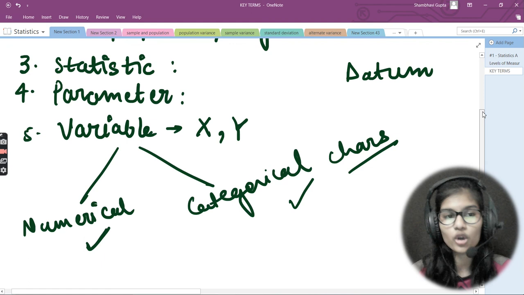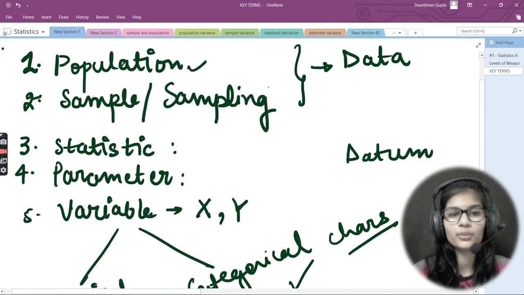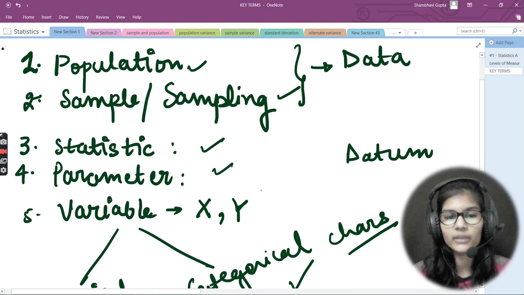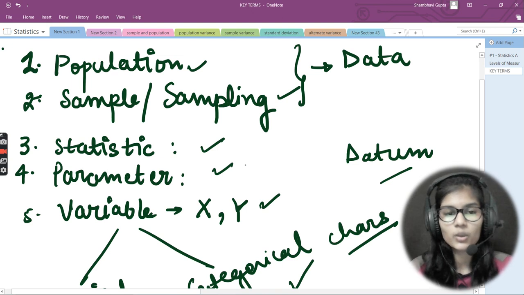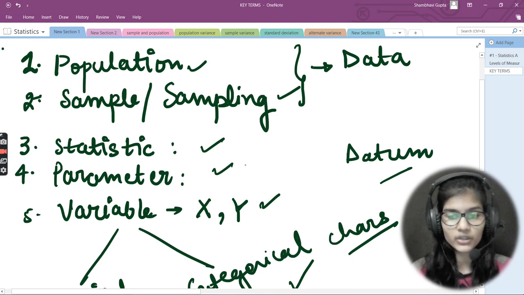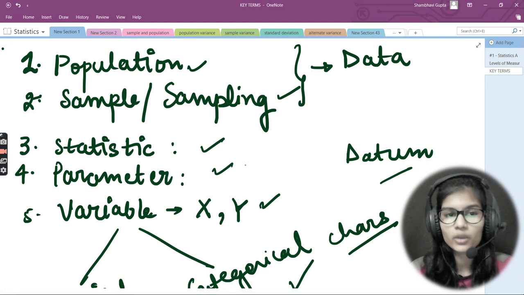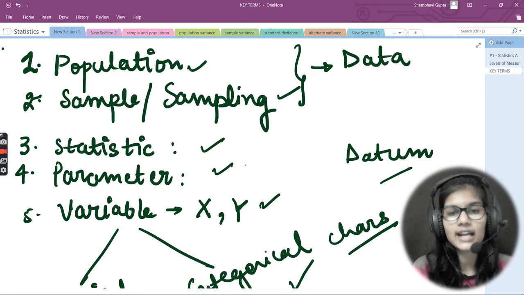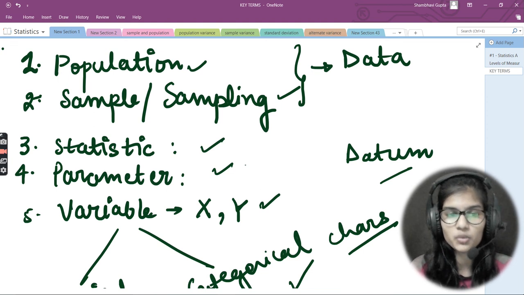Hope you got all of the topics we have discussed: population, sample and sampling, statistic, parameter and variable. We saw datum, and lastly data. Now, what's the use of these terms? I'm telling you the definitions because throughout the further videos I'll be using these terms, so you can understand what I'm referring to, whether population, parameter, numerical or categorical. To clarify and identify all of those things, I gave you the proper and important definitions needed to proceed with this course.